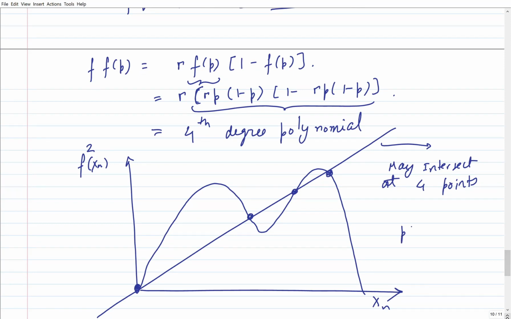So this was p equals f square p, and the question arises that